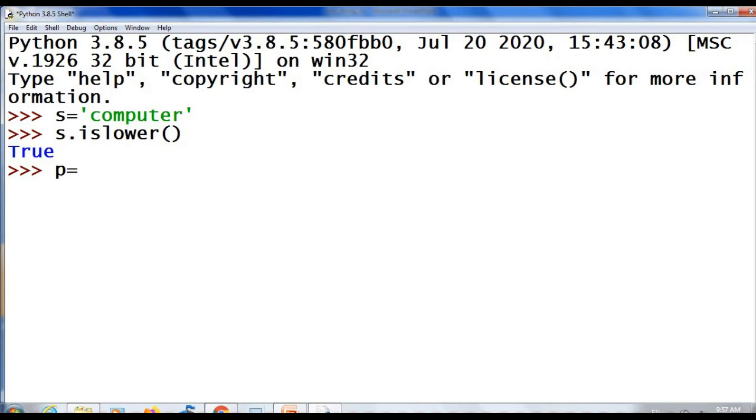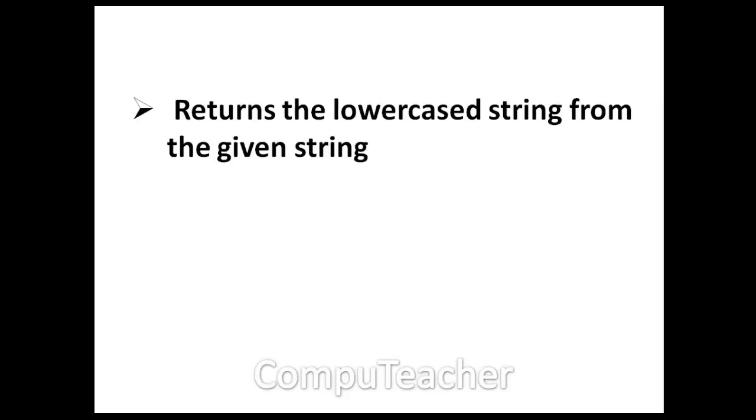p equal to "Computer", C in capital. p.islower() will return false, just like in isupper, because this string contains an uppercase character C. Next one, a method which returns the lowercase string from the given string.